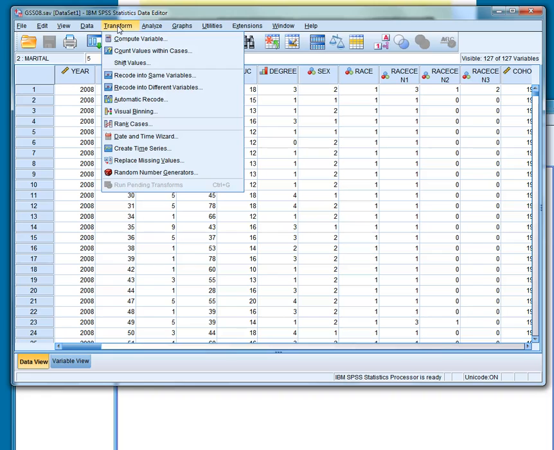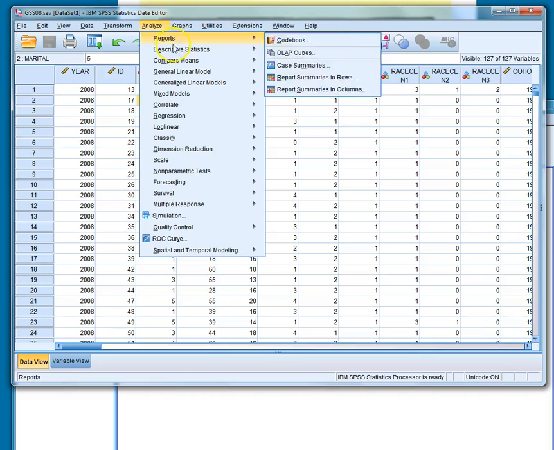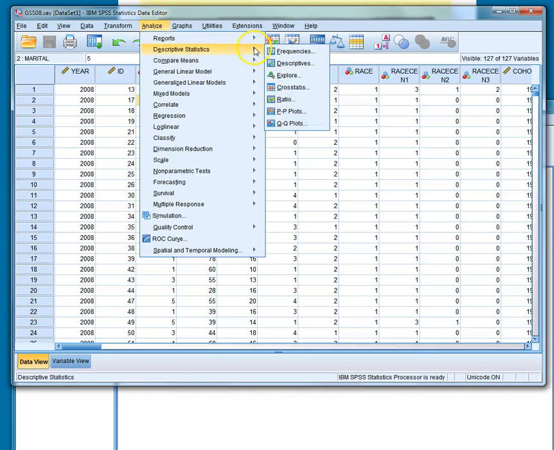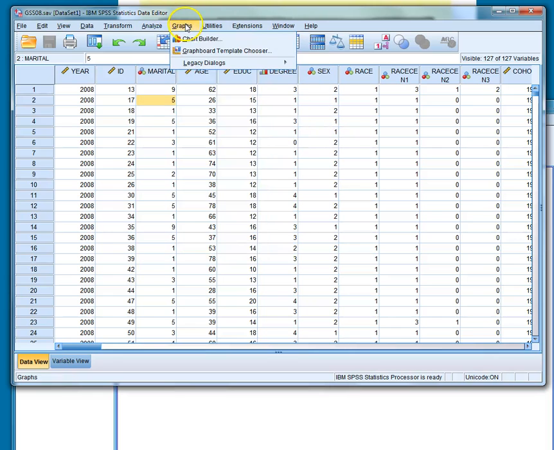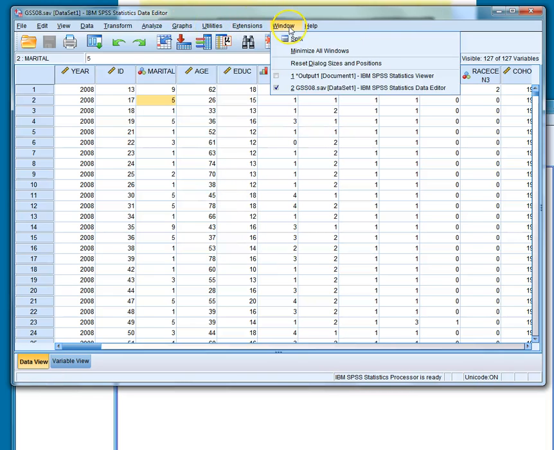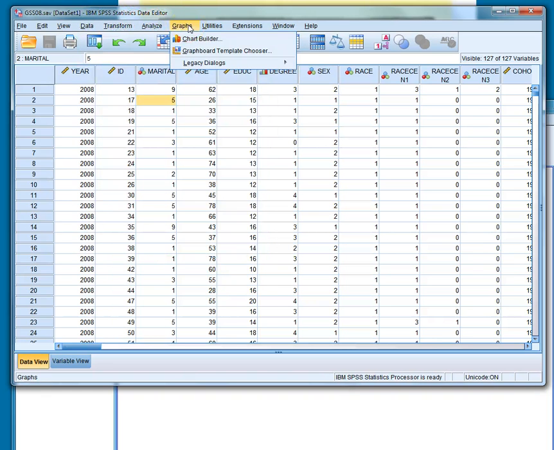Transform is where we create new variables, recoding into new variables or different variables, or the same one. Some of these other things you're never really going to deal with. Analyze, here are our statistics, and as the semester progresses you'll understand what more of these things mean. Descriptive statistics is where we're going to start, and this allows us to do our analyses. Graphs allow us to create graphs. Utilities you're probably not really going to ever mess with, likewise extensions, unlikely to deal with any of those. So it's really going to be data, transform, analyze, and graphs that you're going to be spending time with here